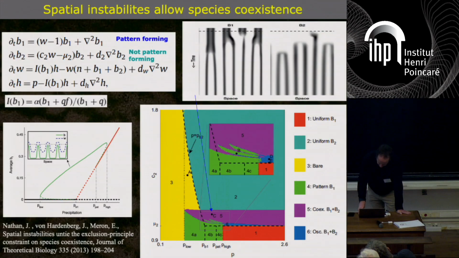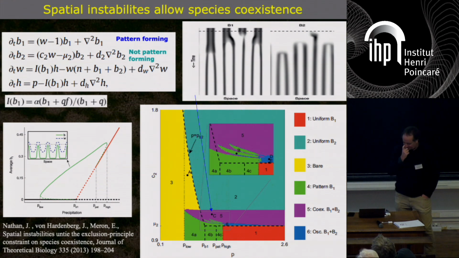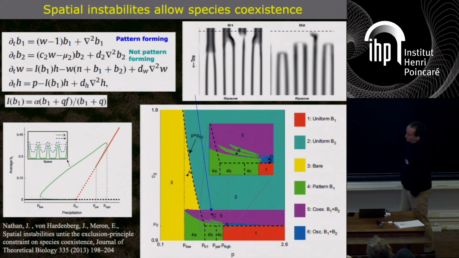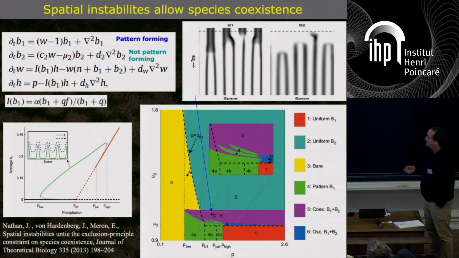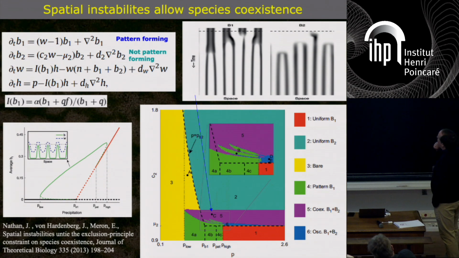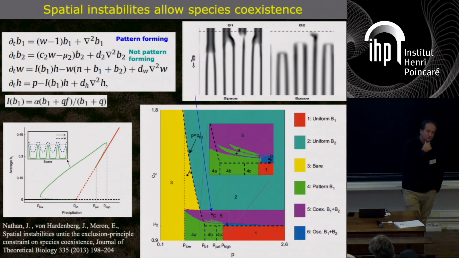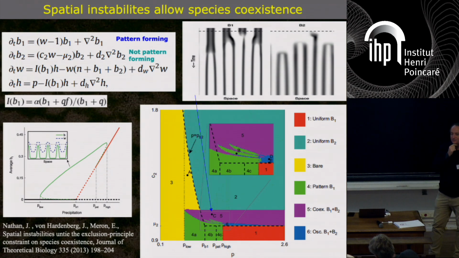Okay, so to move forward, I wanted to show briefly an example where we used this approach to study competition between two species. I think this is interesting because you may know that in ecology there exists the principle of competitive exclusion, which is the fact that the number of resources you have would limit